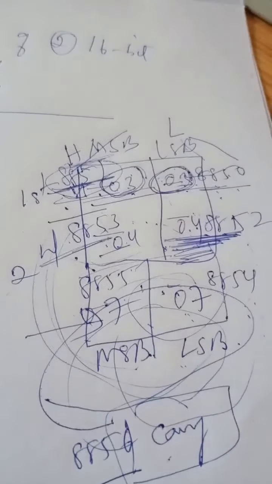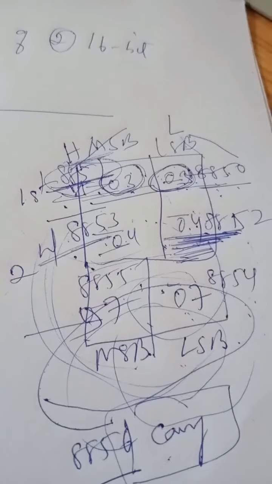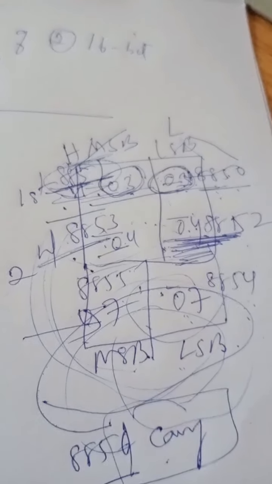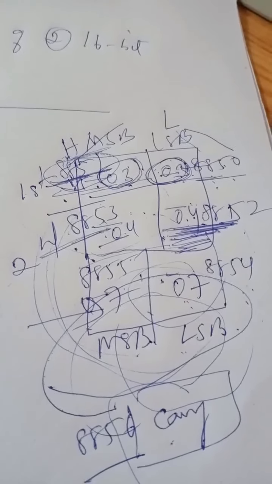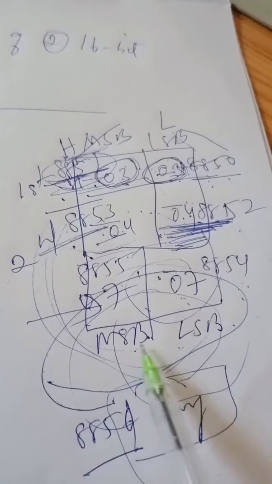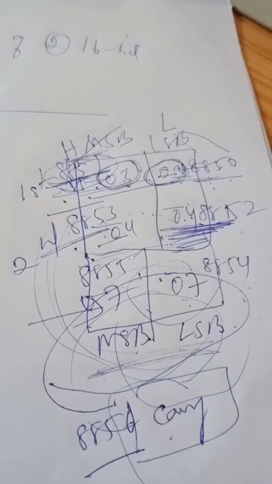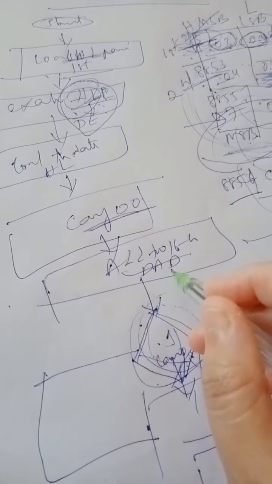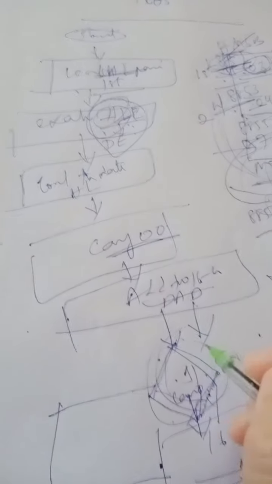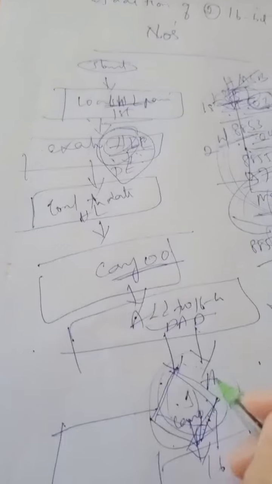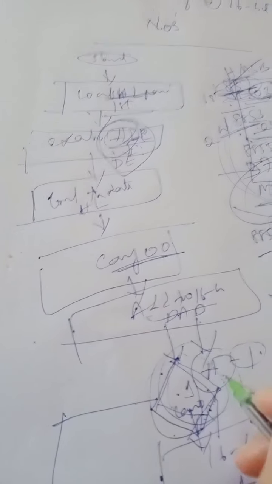Obviously, your data is in memory, which means your result will also be in the form of memory only. So finally your result will be in the memory location itself. Then, after adding the 16-bit data, you will increment the accumulator by 1 so that the carry is accounted for.